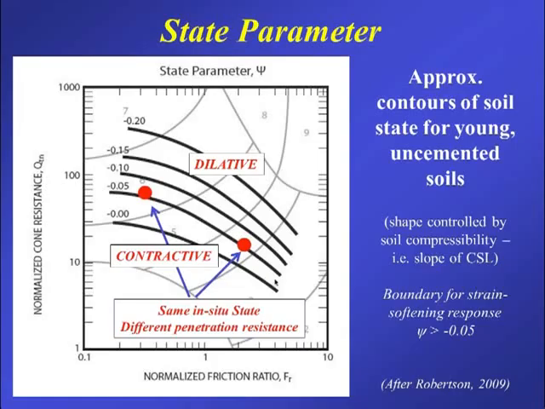You can see that zero state is down low here, and as you get more dilative, you progress up the chart. So the denser the sand gets, obviously the more dilative it is. And what this illustrates is that you could have two soils, a clean sand at a given state parameter and given cone resistance, that's going to have the same state as, say, a silty sand that has very different CPT values,